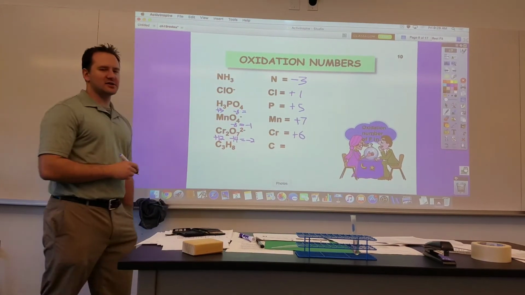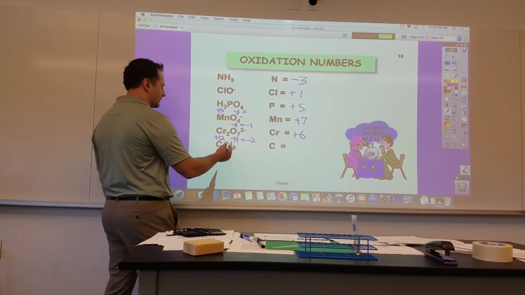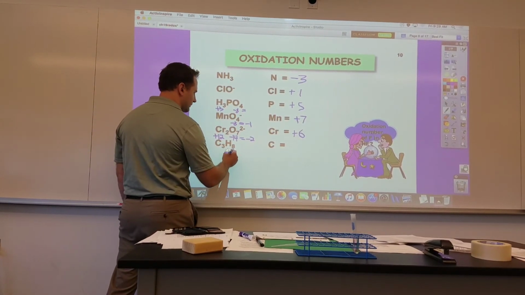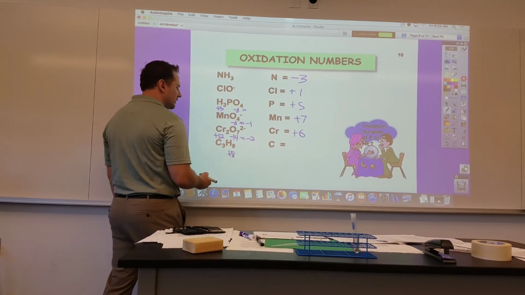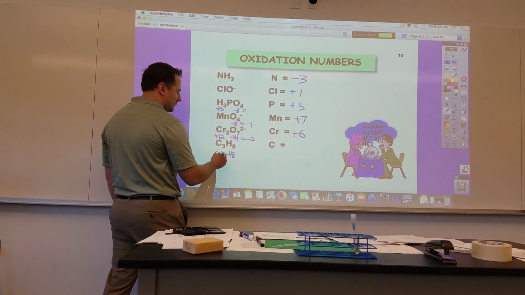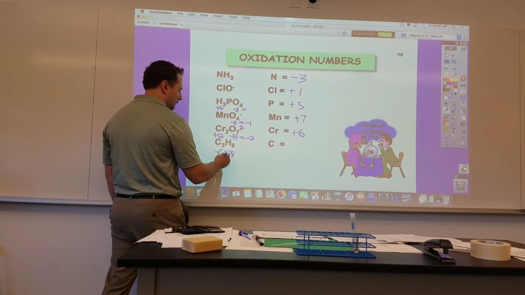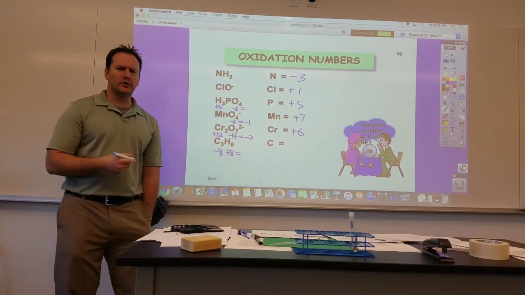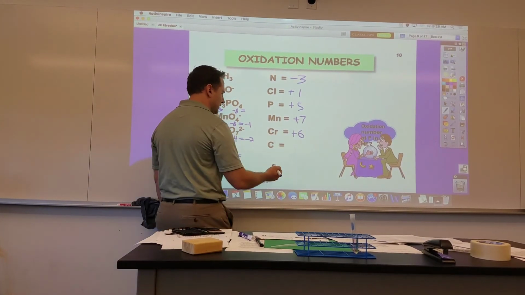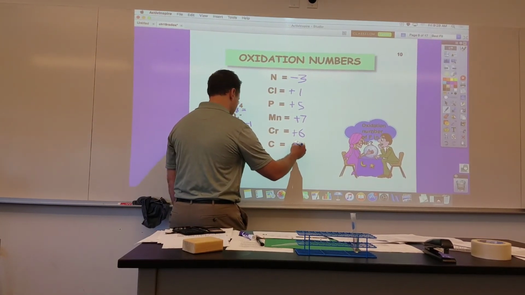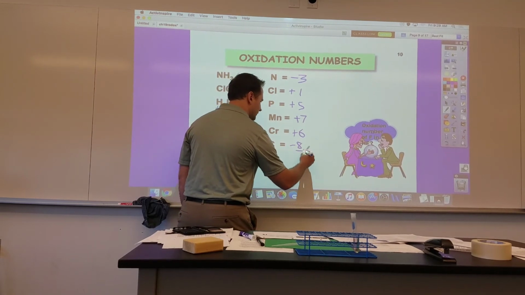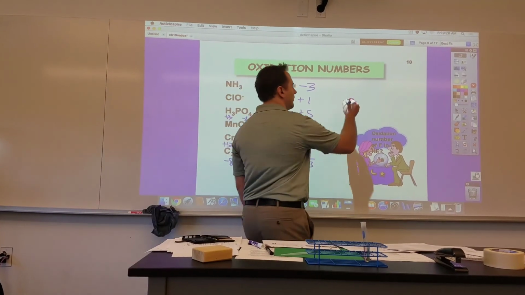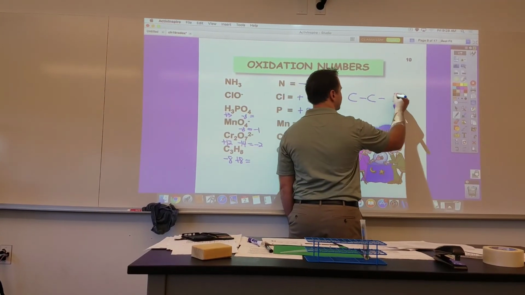Now for this next one, it's actually a little bit more complicated. You're going to say, okay, we're considering the hydrogen to be +1, so that's going to be considered +8. So your 3 carbons would then have to be -8. But that's -8 over those 3 carbons, which is a little misleading, because then you would say it's -8/3, or -2.66. But what really happens is, in that molecule, and this is propane,